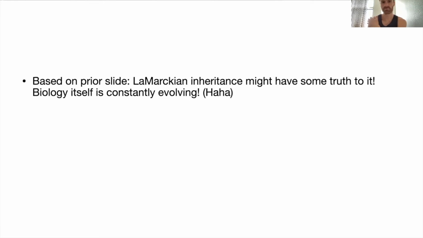It's pretty amazing. We thought that whatever the mother does, the DNA sequence doesn't change, and you'd have to change the DNA sequence for them to get X, Y, or Z. Turns out you don't. Biology is constantly evolving.